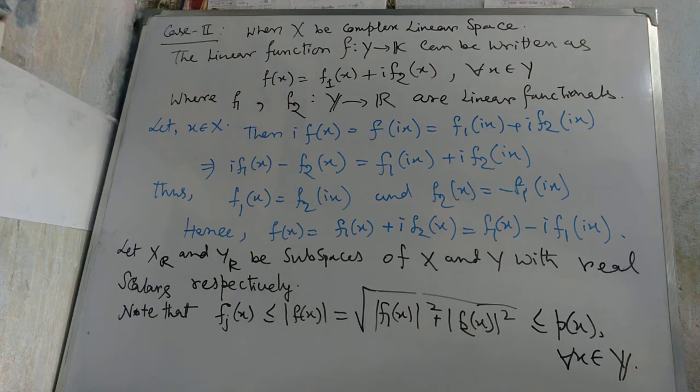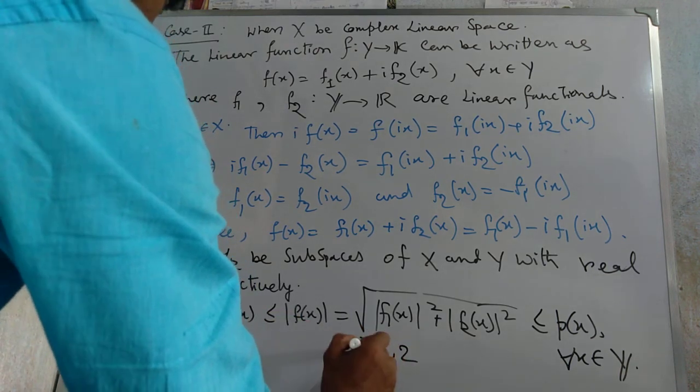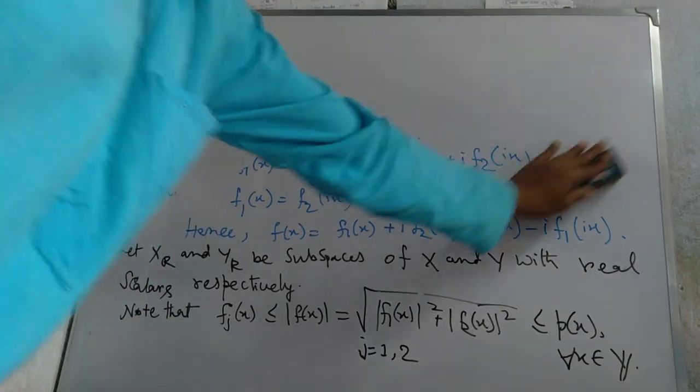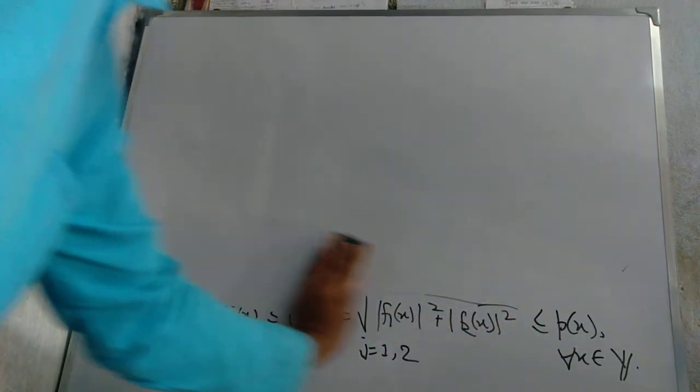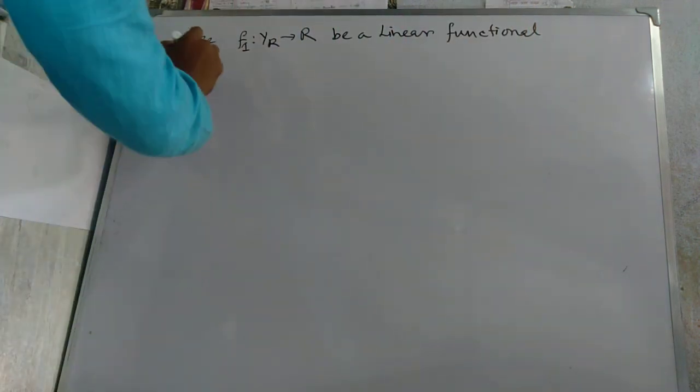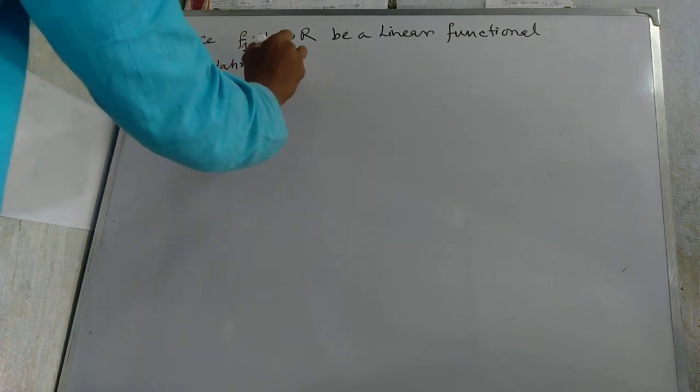Since f_j from Y_R to R is a linear functional, here j equals 1, then 2. We erase our portion and go forward. Since f1 from Y_R to R is a linear functional, by the Hahn-Banach theorem,